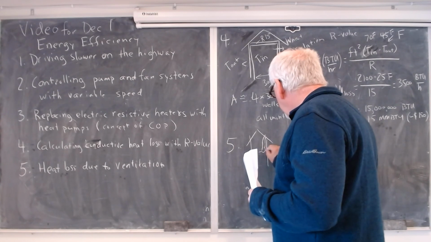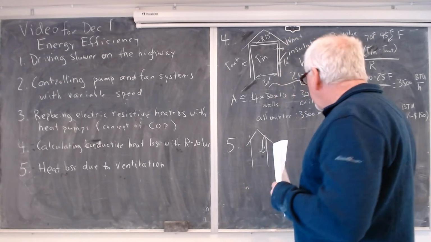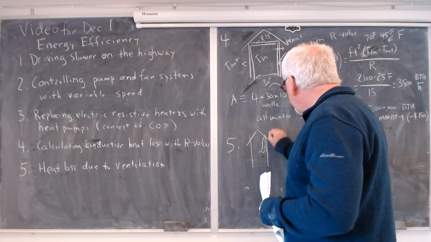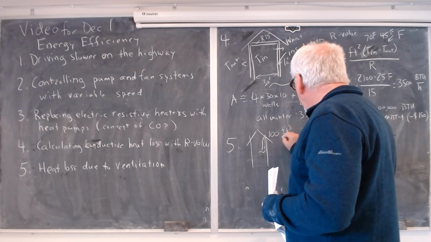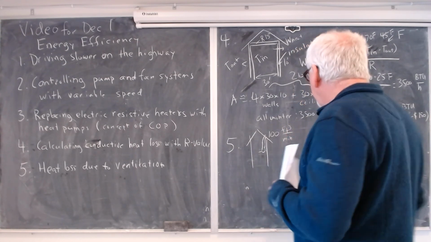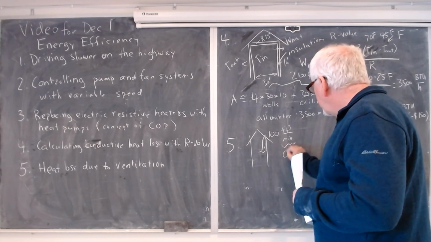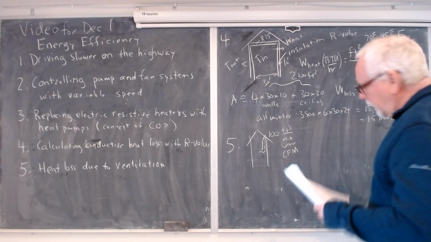All right, which is typically, you know, something that might be in a bathroom. And let's say that bathroom exhaust fan is exhausting 100 cubic feet per minute, which is a standard designation. This is CFM, cubic feet per minute. Now the heat capacity of air